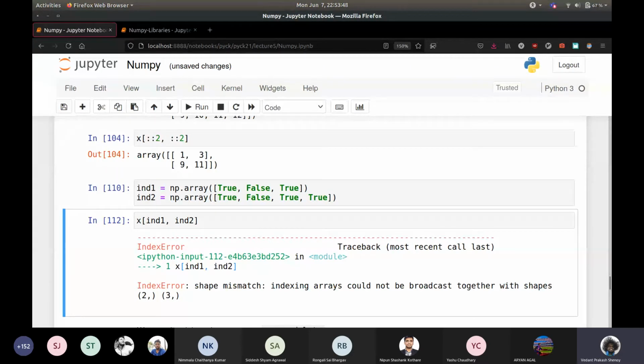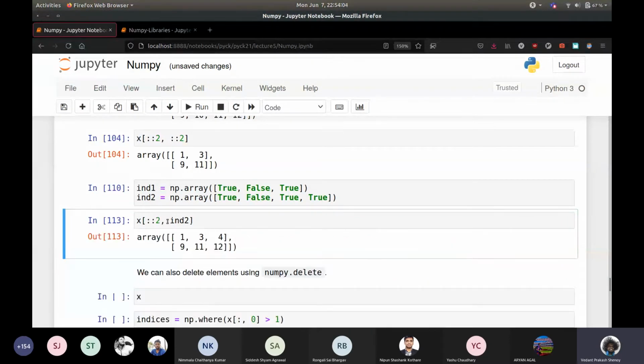I'm pretty sure there is some hack to this and there's some way of doing it. And if I find it, I will let you know. If you find it, please let us know. You can put it in the chat or in the doubts channel or something. But for here you'll have to have at least one as a slice.